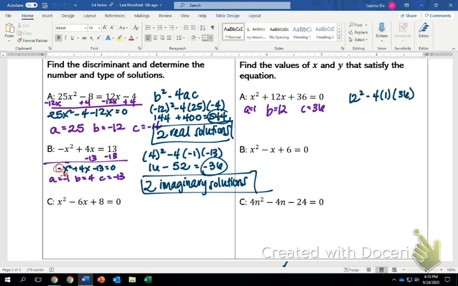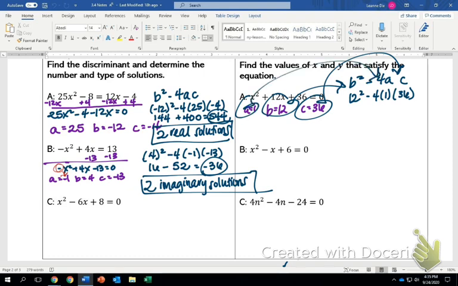Again, this is based off of our b squared minus 4ac, and we're taking each one and plugging them in. Okay, so I'm just showing you what that is. So now I can say, well, 12 squared is 144, and then 4 times 36 is also 144, so if we subtract them, we get 0. Again, with our notes, this tells us that if we have a 0 as the discriminant, we have one real solution. And so this process is very straightforward, and it helps us expedite our process and find answers a lot